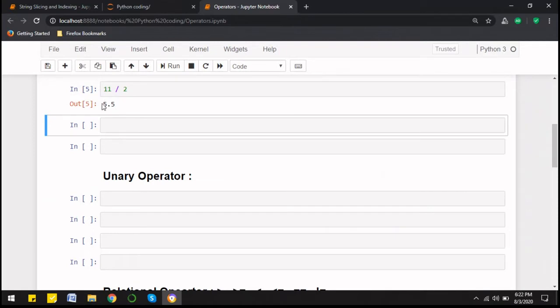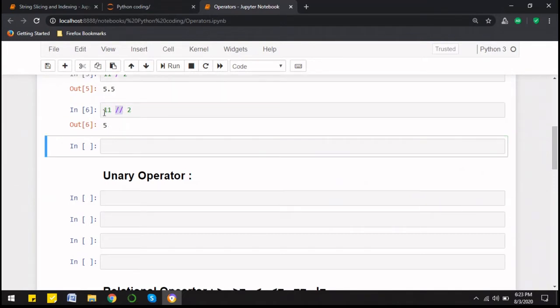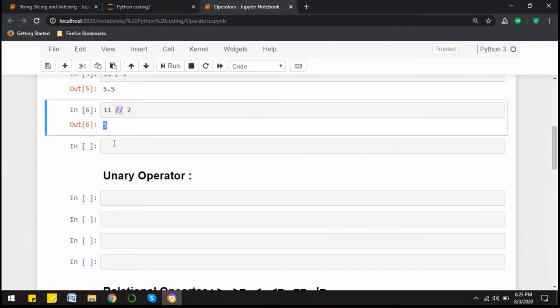And what is the quotient? 5.5. It means we are completely dividing 11 by 2 and we are giving this output. But if we want an integer value, then we have to use this double forward slash operator, and we can see we are not getting 5.5 but we are getting 5 here.